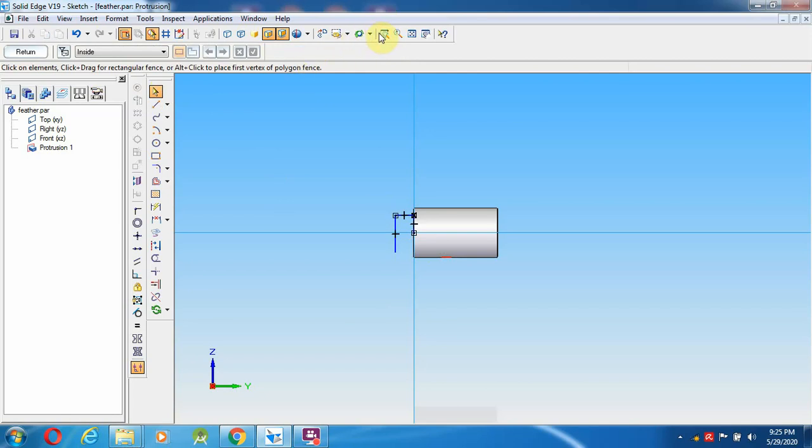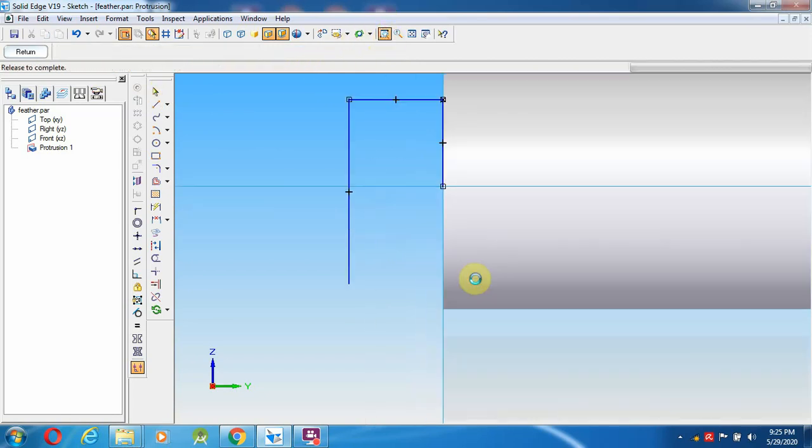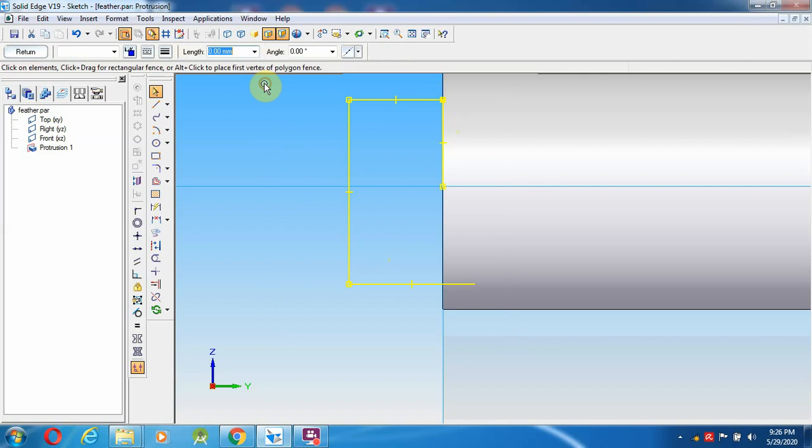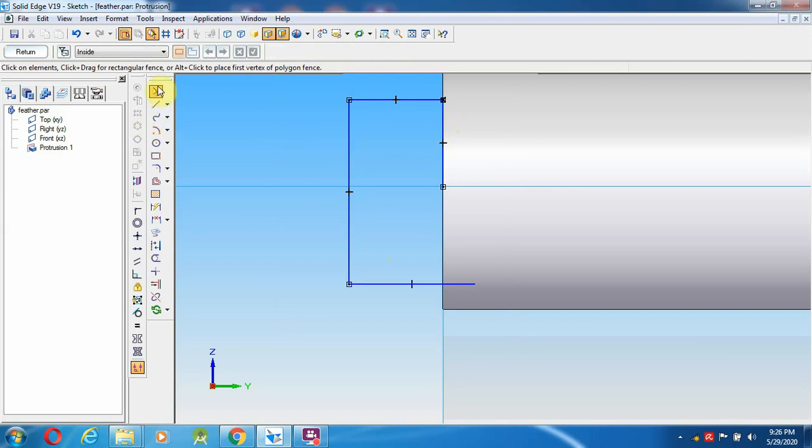I am going to zoom for a better view and select a line. So from here 3 mm. Somewhere there is a mistake, the entire length I gave is wrong. So I checked that and deleted it.